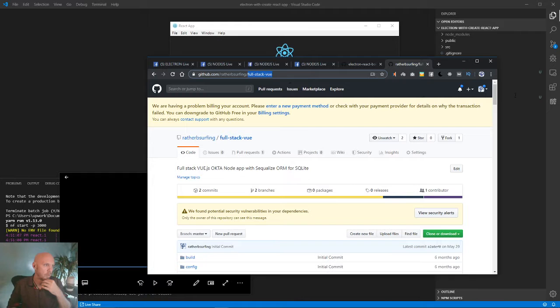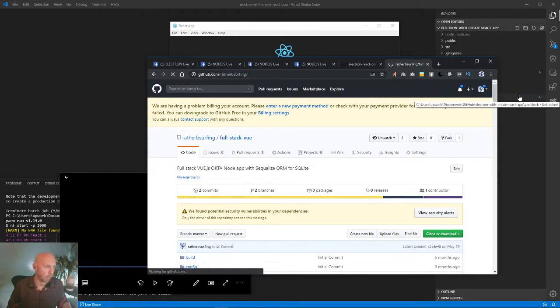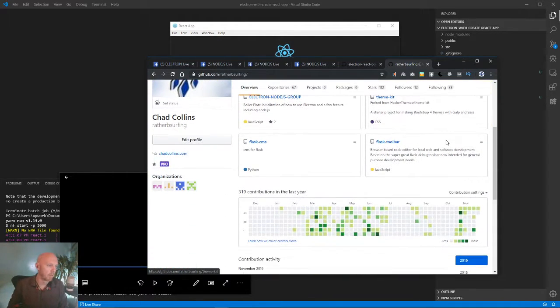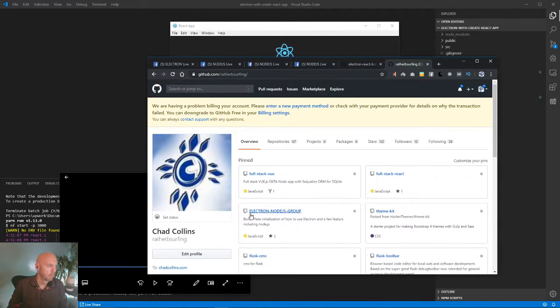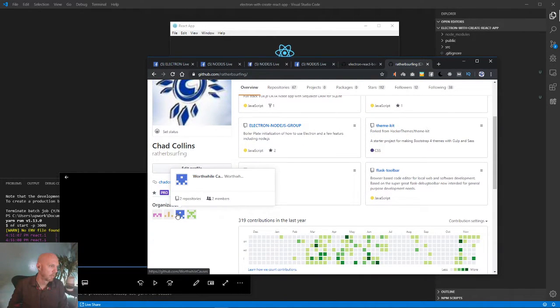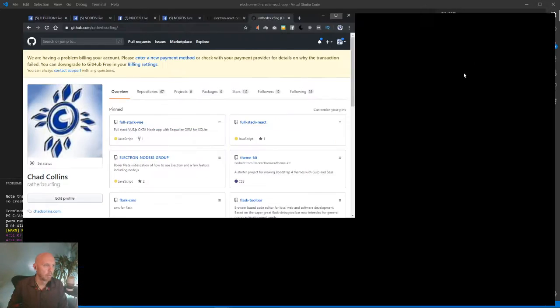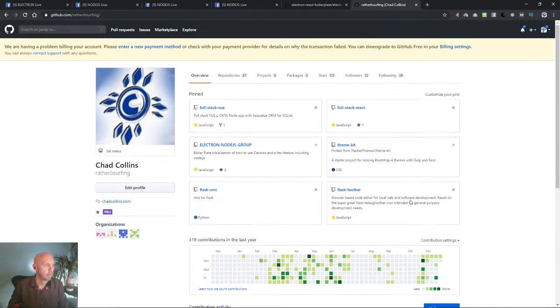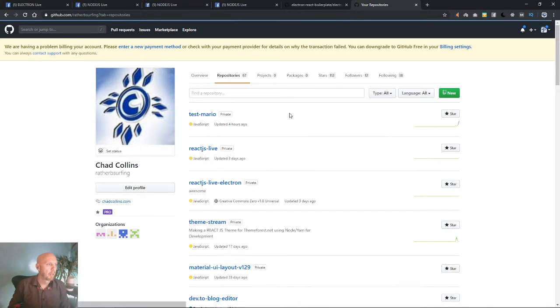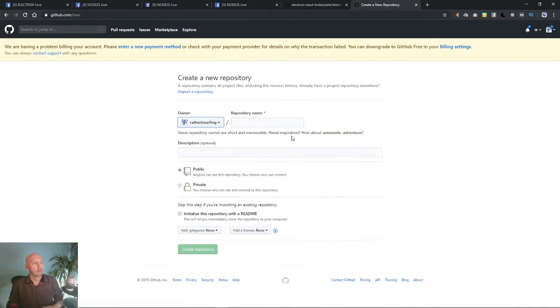This is how much of a wiki I am. Where's the creating the repo? There's no button. I'm gonna pretend like I know exactly where it is right now. Overview, repos. Okay, we're gonna call this repo